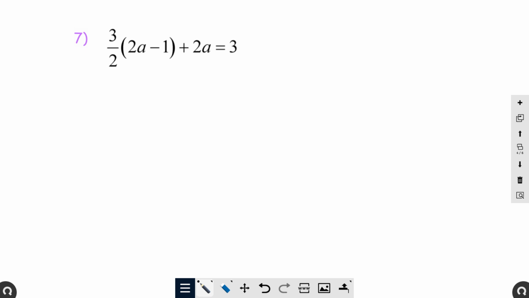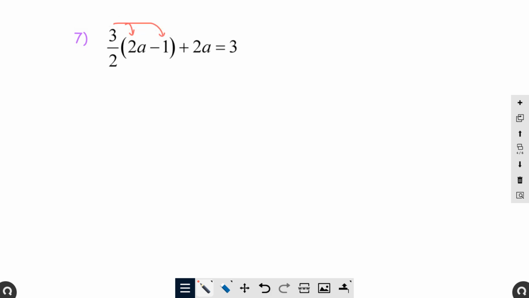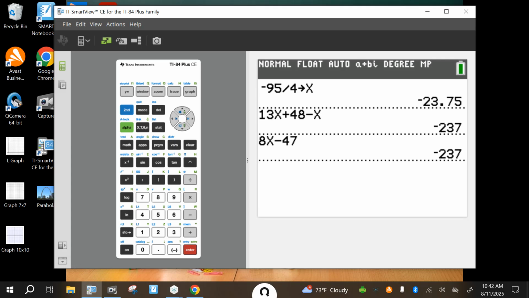That's exactly right. Anytime you see those parentheses, you want to get rid of them by distributing. Now, I know a lot of you see fractions and y'all just go, okay, I'm done. I see a fraction, I'm done. Forget that mess, I'm not doing it. But you have a tool to help you. Your handy dandy,